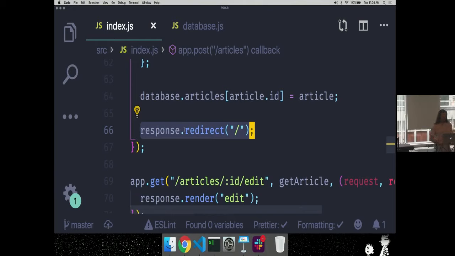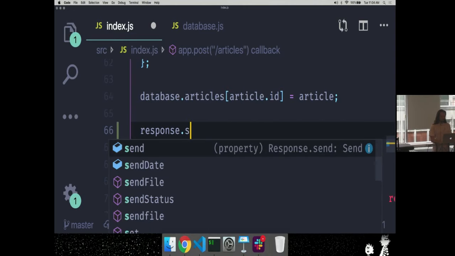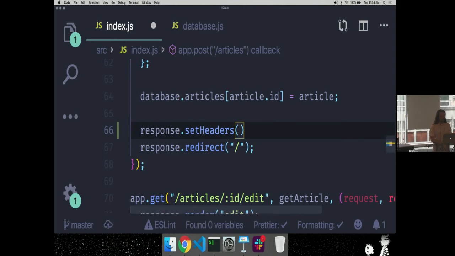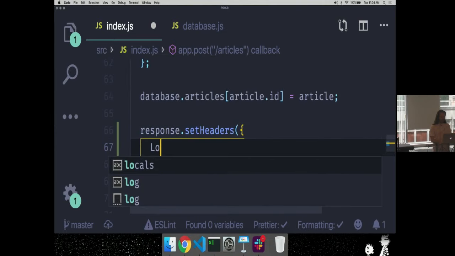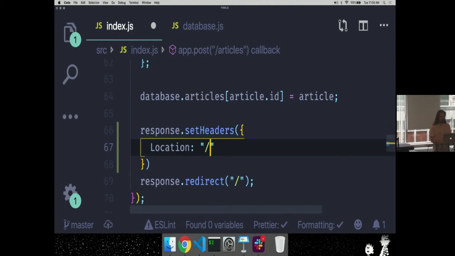Well, no, it's no problem. I could do something like this, but that would then give it a 200. Okay, hold on. No, redirect is more like this. A redirect is shorthand for something more like this. I have my set headers, Location, /. I want to tell the client where to redirect the user to, and it's the / page.